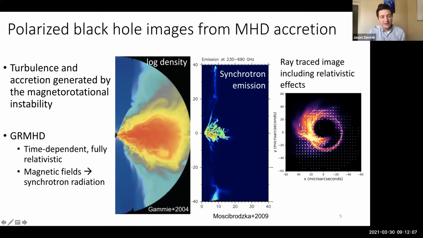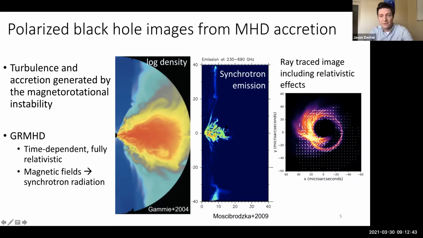So this is, for instance, a global simulation near a black hole here. This is axisymmetric in this case. The spin axis is pointing up, and this is the log-scaled mass density of the gas. You can see the turbulent fluctuations and that the gas didn't start out accreting and is now actually accreting onto the black hole. These simulations are great because they let us realize a time-dependent, fully relativistic model of this near horizon emission in these polarized images. And they self-consistently evolve the magnetic fields and their turbulence, which produces the polarized synchrotron radiation that we observe.